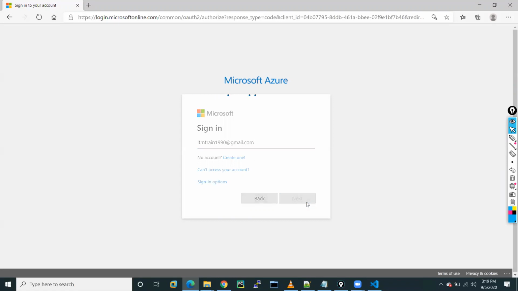Let me enter my password. These are the basic steps which you need to do when you are working with the CLI.